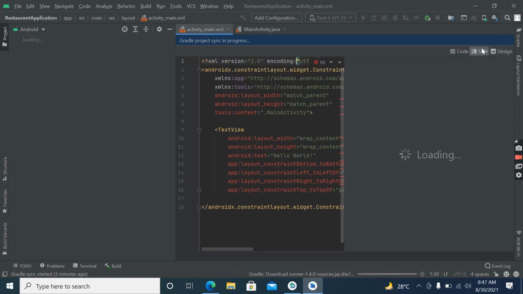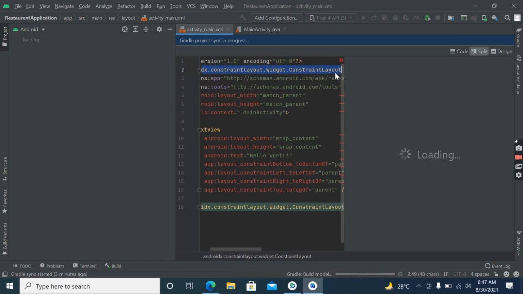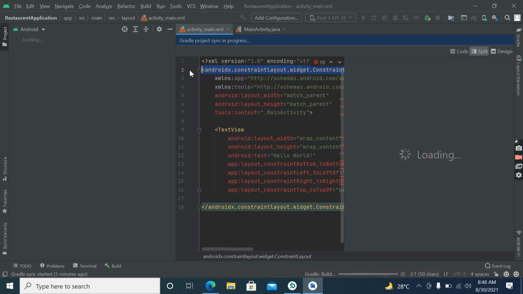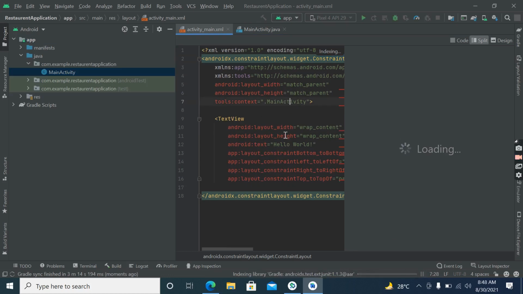So here you can see that this is the first widget which we are using here, which is constraint layout. Constraint layout means there are multiple types of layouts like constraint layout, relative layout, linear layout, and many more. Okay, so layout is like an envelope inside which